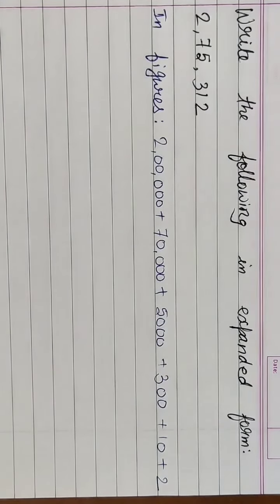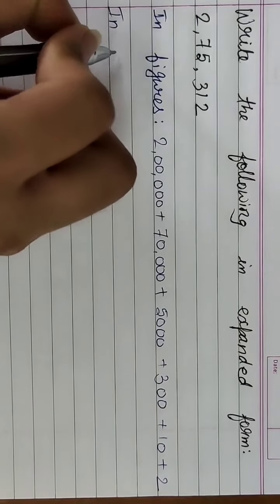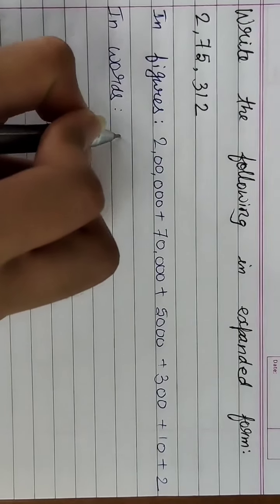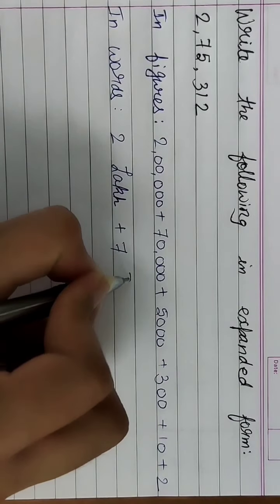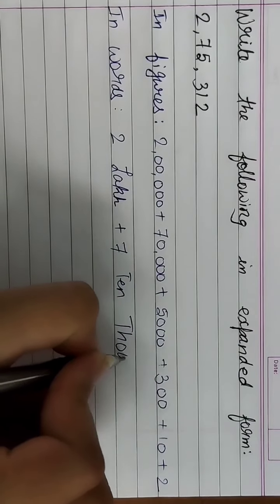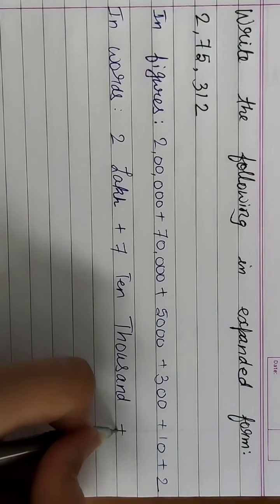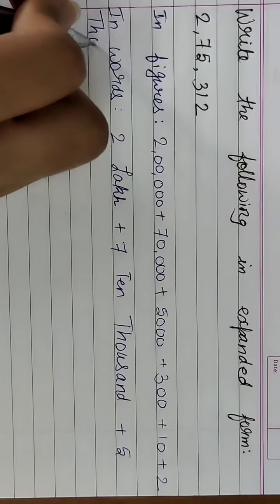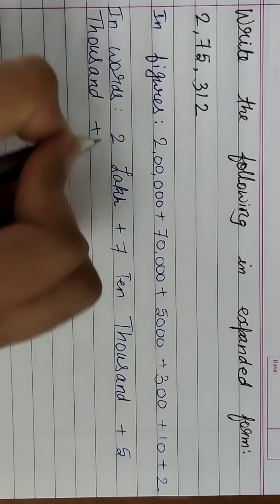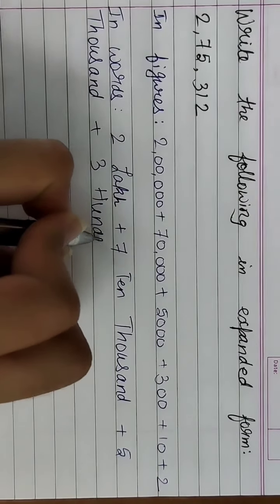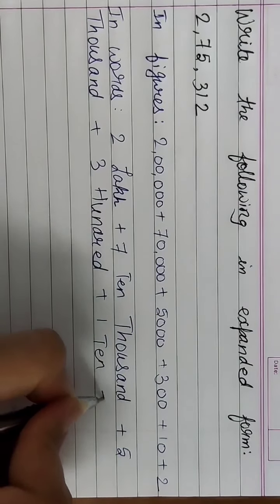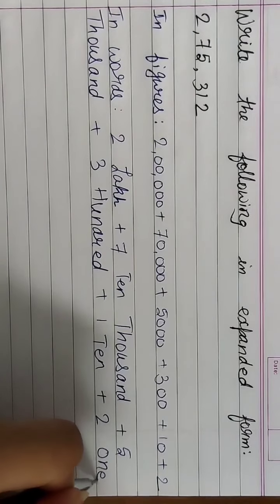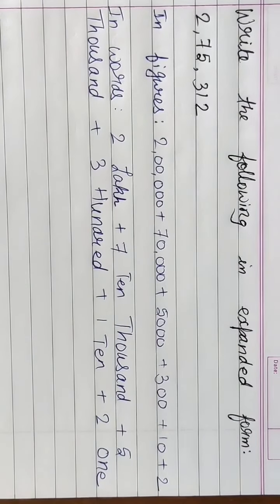Okay, now we will expand it in words. So how we will write? 2 lakh plus 7 ten-thousand plus 5 thousand plus 3 hundred plus 1 ten plus 2 ones. Understood? Number B,